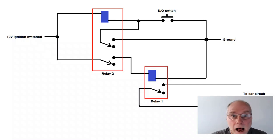And you can see after you've switched on the ignition, nothing's going to happen until the magnet goes near that secret spot, that secret sensor, the reed switch. And once the magnet has gone past that spot, it doesn't have to stay there, it only has to be swiped past, then the double throw relay is pulled up, and that switches on the other relay, which lets the car actually